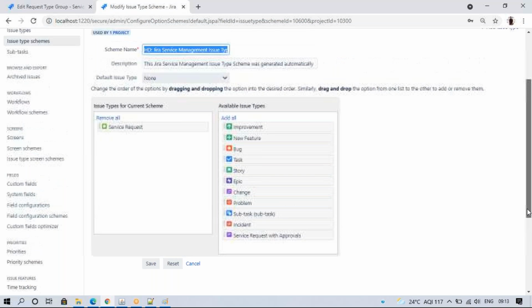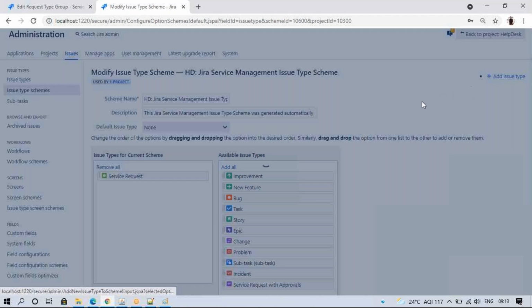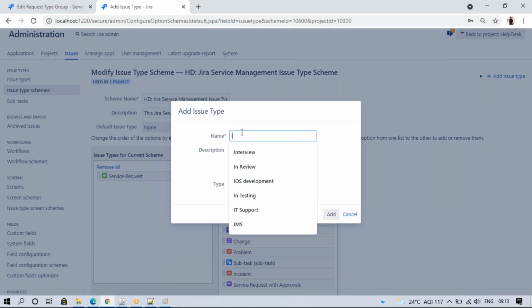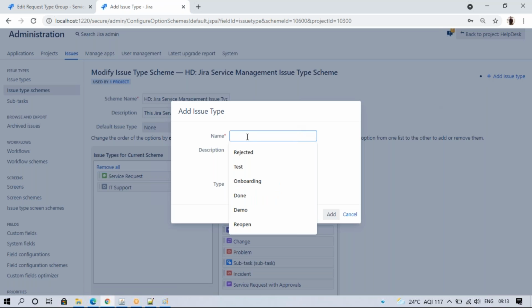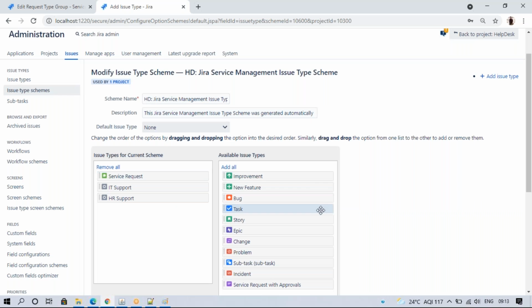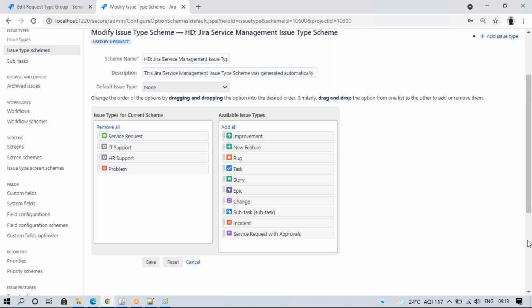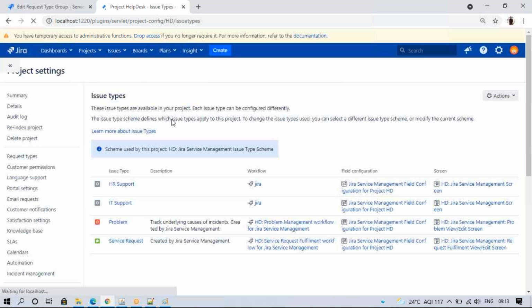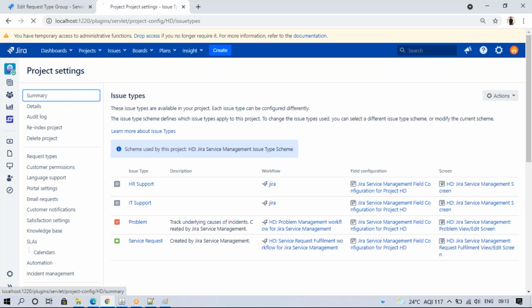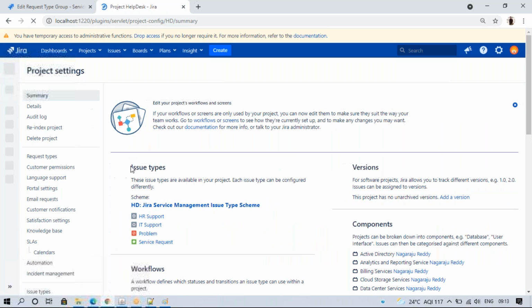Service request, maybe I'll put IT support. HR support. I'll select problem. Okay, save it. So now my issue types are these four.